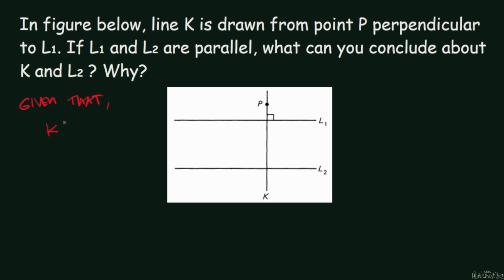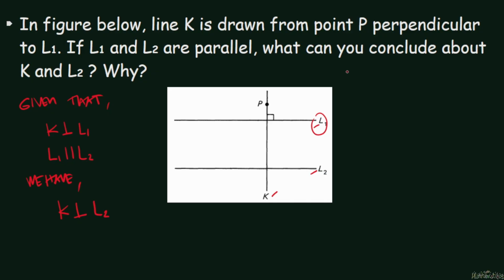that line K is perpendicular to line 1 and line 1 is parallel to line 2, so these two lines here are parallel, and line K is perpendicular to line 1. So we have line K perpendicular to line 2. So this is from the properties of perpendicular lines, that given two parallel lines, say line